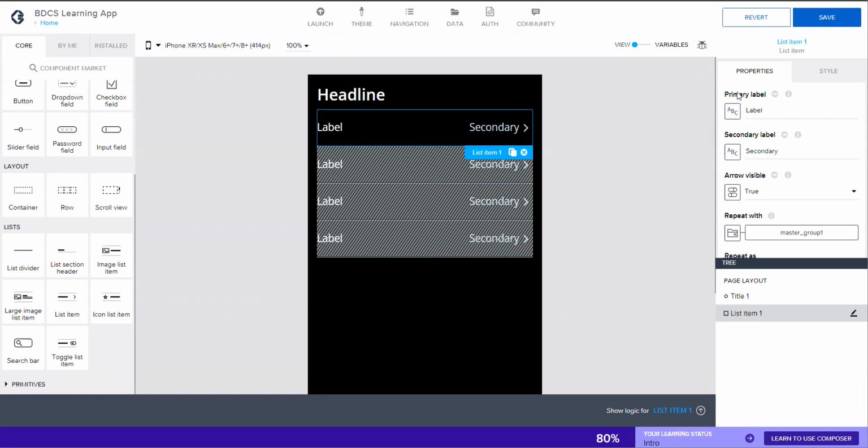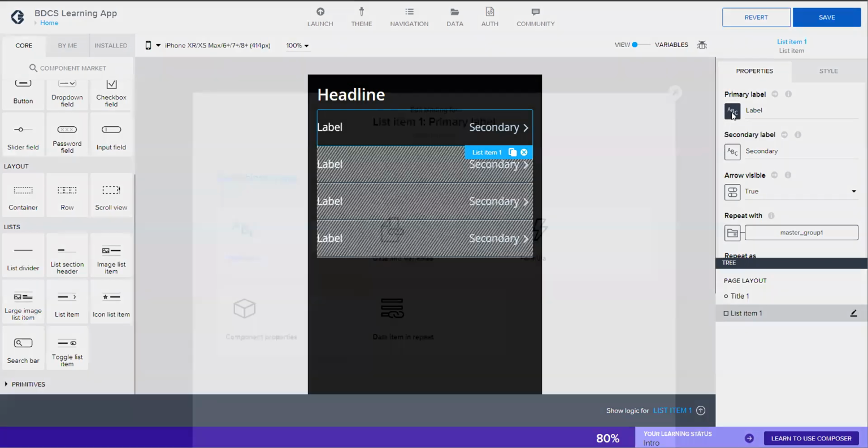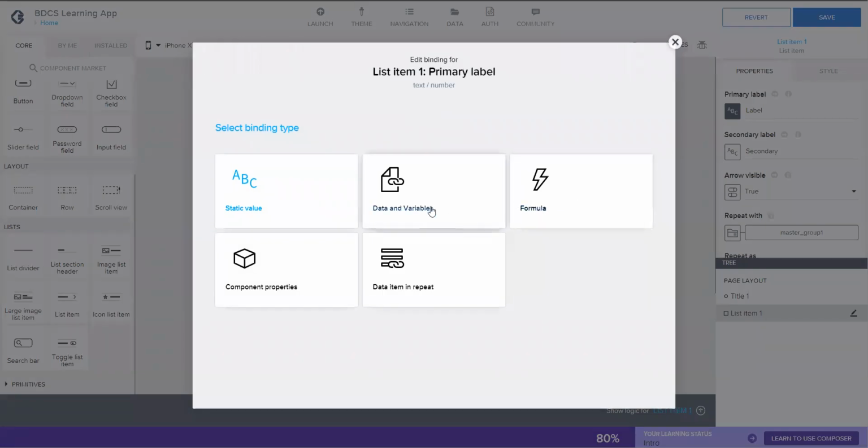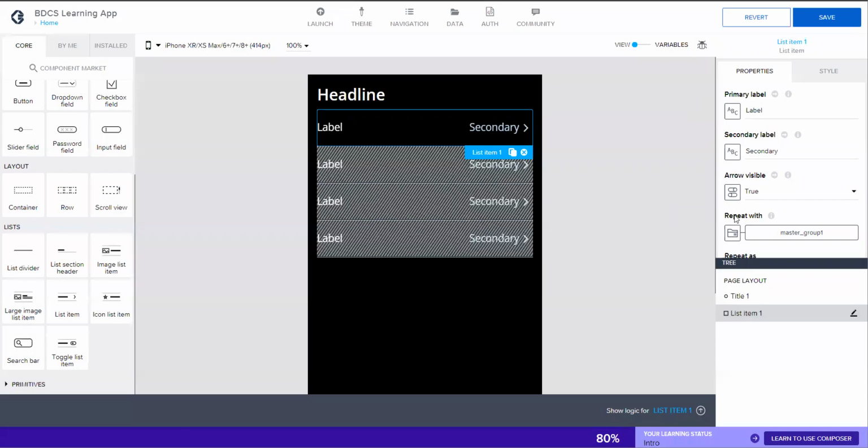Next, we want to label this as the master group name. So I click on this again. Now I do not want to go to data and variable. The reason is now the list is repeating. Therefore, I click on data item in repeat. I show you one more time. This is now repeating with master group, this whole object.